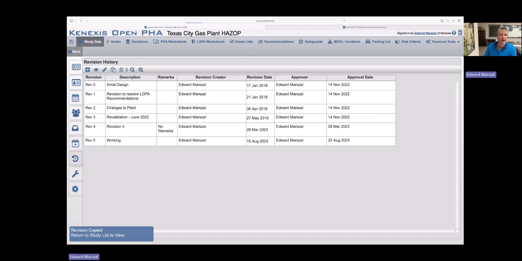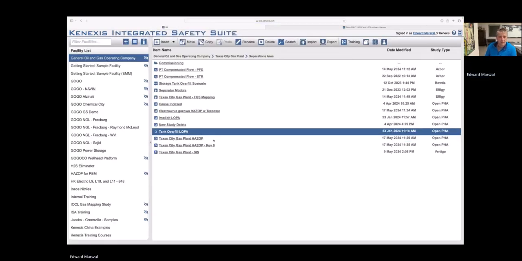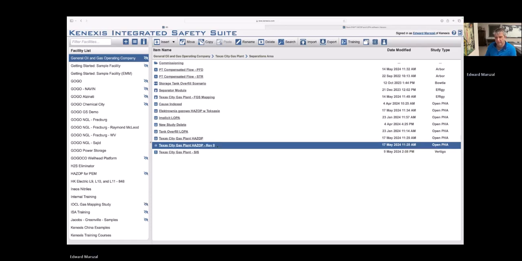If I go back out here, you'll see that it created today here. So right here, there it is. This new revision of the study was just dumped out. So I created a copy of that old Rev 0 revision from 2018. Before I go back to the revisions, you see right here,